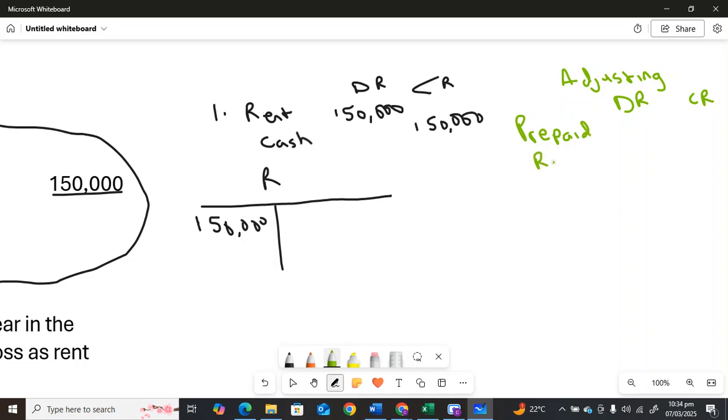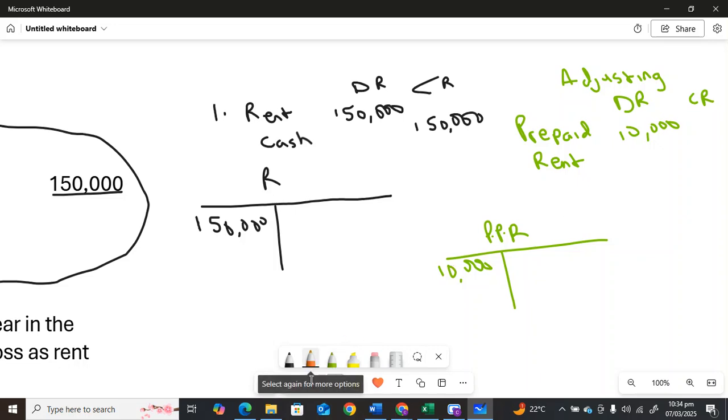So you debit 10,000, meaning you open up the prepaid rent account here. You debit 10,000 here. Then you credit the rent expense,